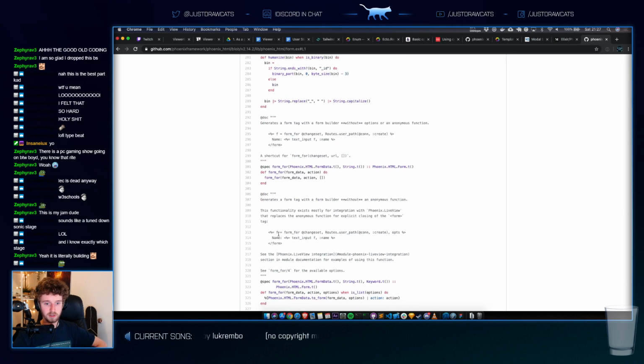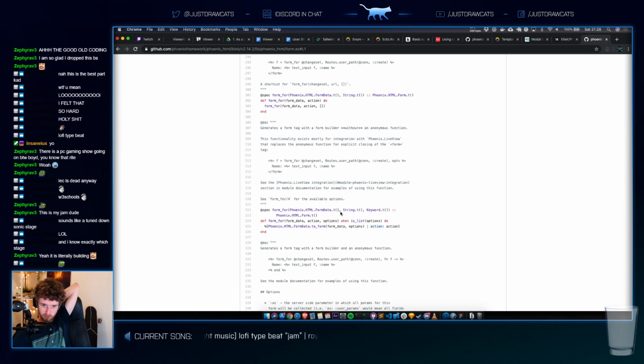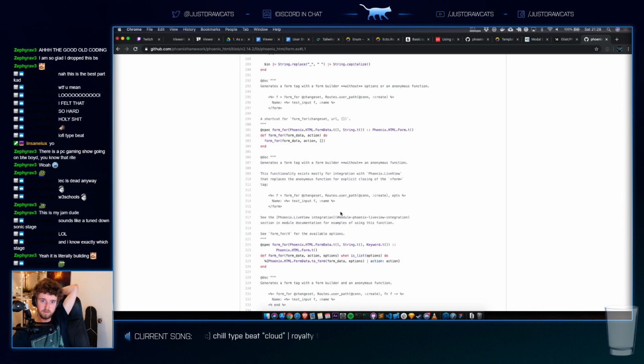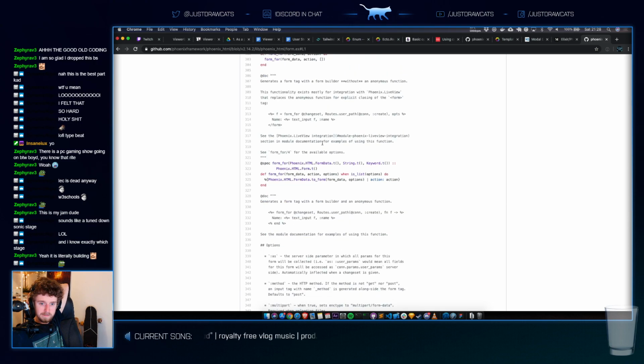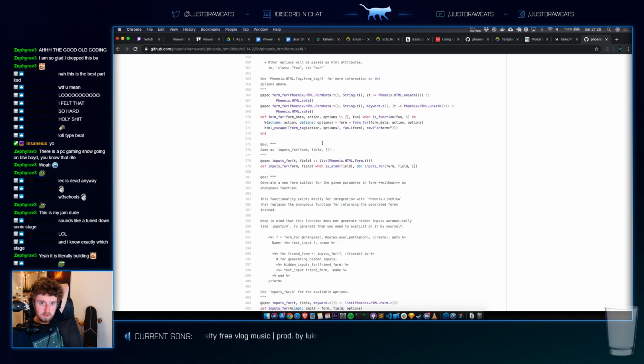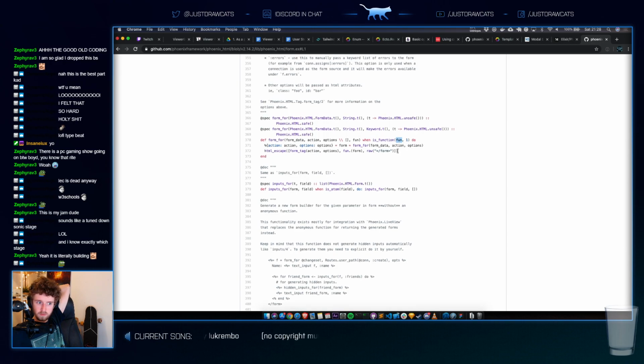Form for, HTML form data to form. Phoenix HTML form data, which is probably... I don't want to build this.